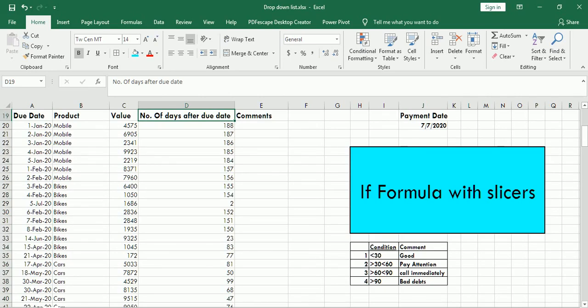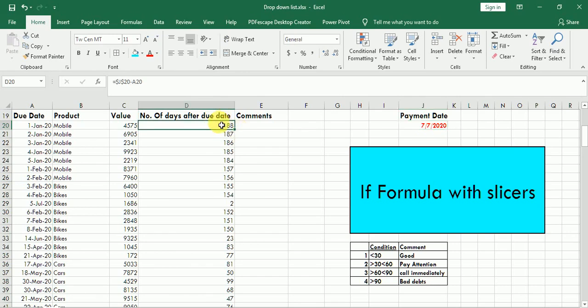See, this time it has counted correctly, and the formula bar is showing J20 minus 825. Now J20 is common for each and every row. That means this date is common and we are subtracting this date. So this is the example of absolute cell referencing. We have locked this cell. This is the cell which we have locked.